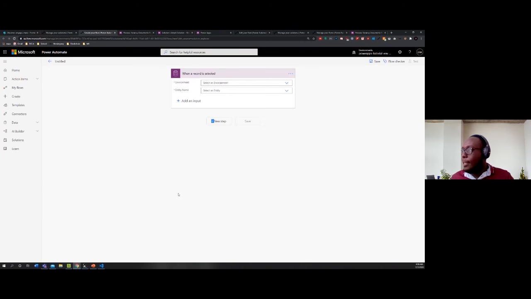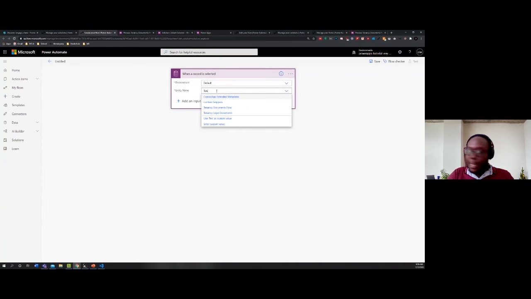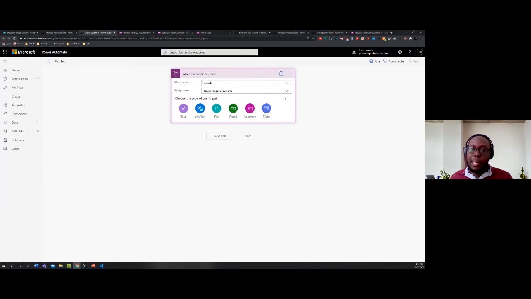I'll select that. In this case, it will ask what the environment is. The environment is going to be the default one, because you might have multiple environments. You need to select the entity that you're working on, and in this case, I could just search it. So tenancy, legal documents, and we want to add an extra